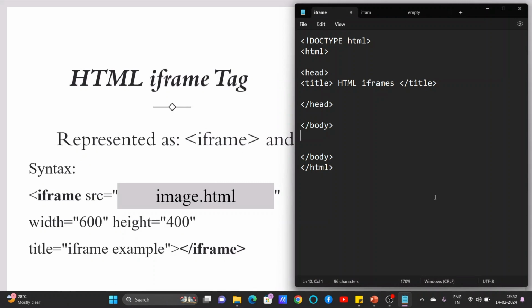Have a basic structure of an HTML document. Now in the body tag, include iframe opening and closing tags. Here I am typing iframe src equal to image1.html, width equal to 600, height equal to 400,